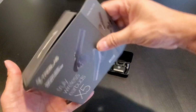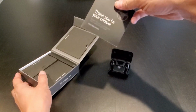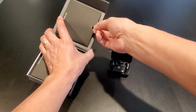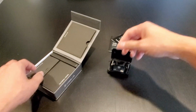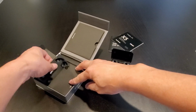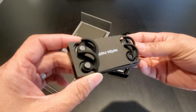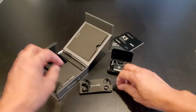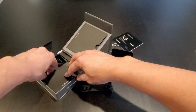So inside the box, right here we have the warranty booklet. You get the user manual. And the two additional ear fin. That's pretty cool. And we have here